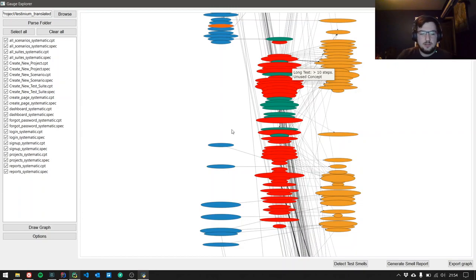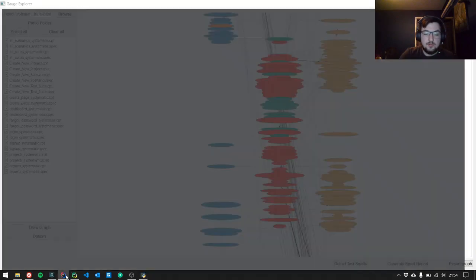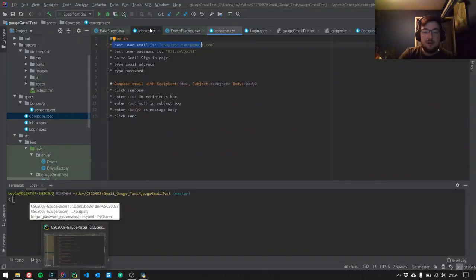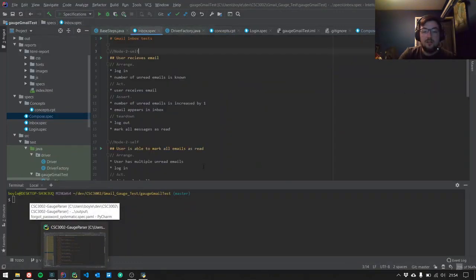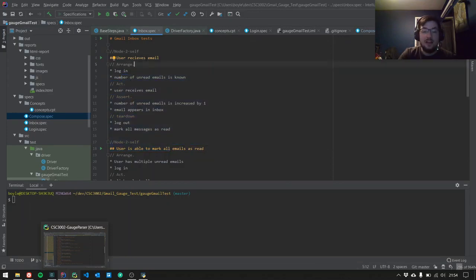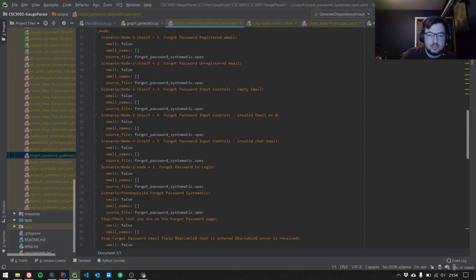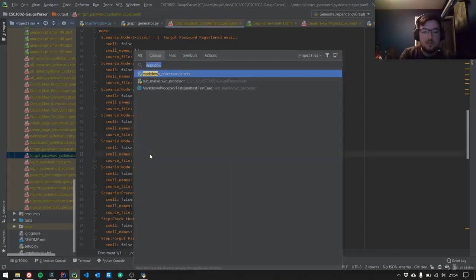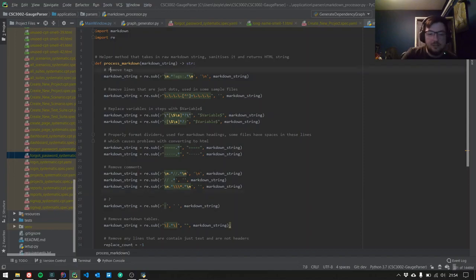Another difficult thing was the processing of the markdown. So a lot of Gauge tests will have stuff like this. They'll have comments, tags, and other stuff that aren't necessarily part of the test. So obviously they need to be removed before it can be properly parsed. So that led to the creation of this class, which basically uses a lot of regex to